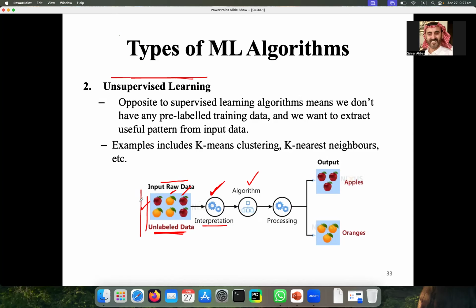So in unsupervised learning, you will have the data, and you will design some features about that data, or you can call it interpretation, but feature is better. And then you will run your algorithm over that data for the training. For this data, we are not providing labels.